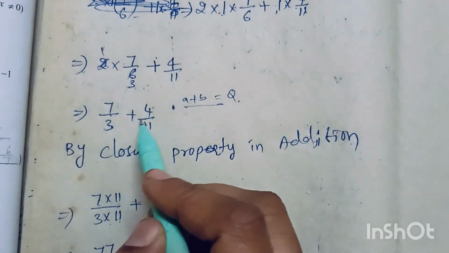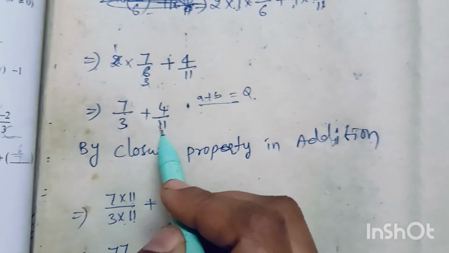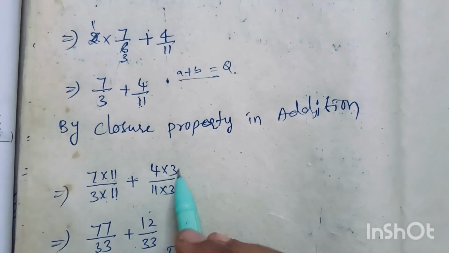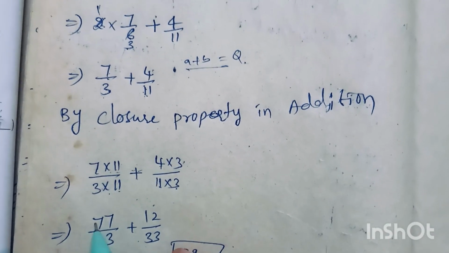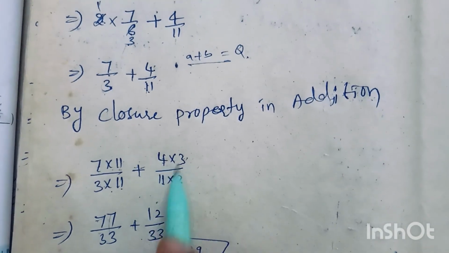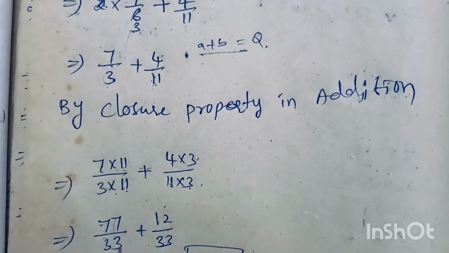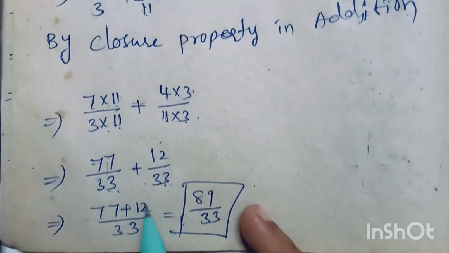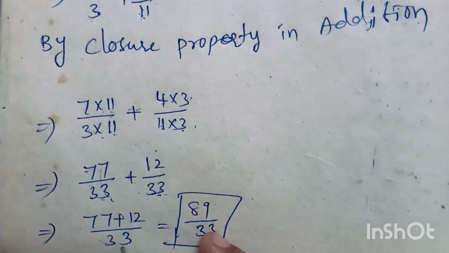So with 3 we have to multiply the other fraction, numerator and denominator. So that's why 4 into 3 by 11 into 3. 7 11s are 77, 3 11s are 33 plus 4 3s are 12, 11 3s are 33. Now both the denominators are the same 33, so these are like fractions. We can do addition easily, that is